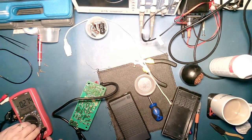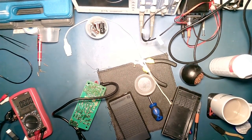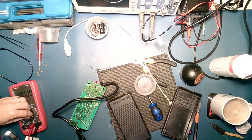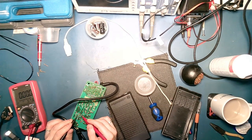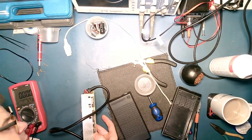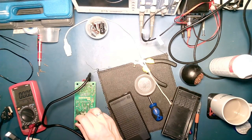That's not good. That's my meter playing up. So I'll pull the scope in a minute. We'll have a look at that, because that's actually quite interesting as to what's going on there. So it looks like there must be a discharge resistor across that, but what we will do is, just in case,